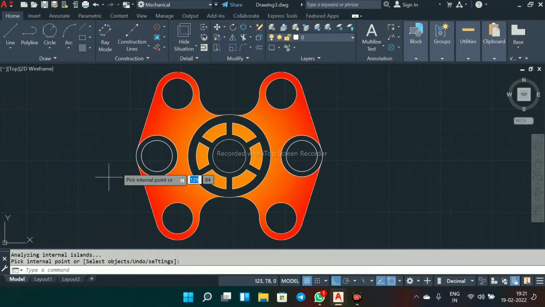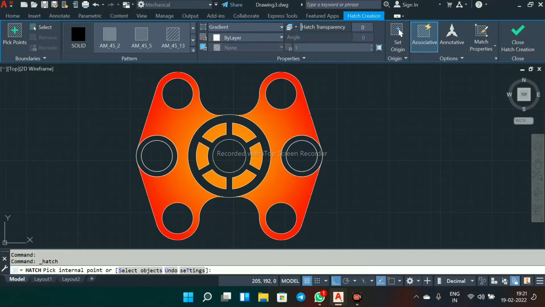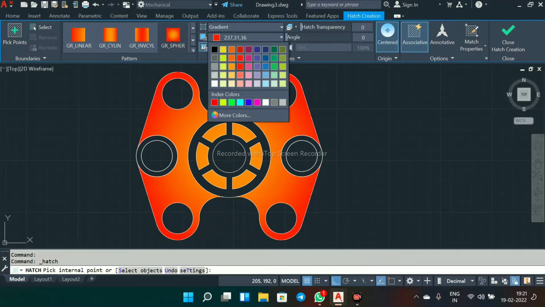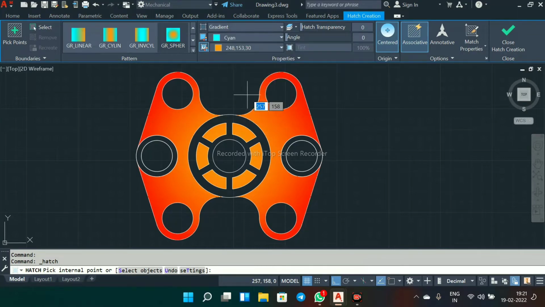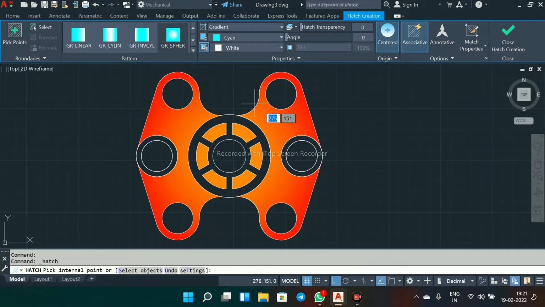Now again I will select some gradient colors. Go to hatch, go to gradient, select this cyan and select this white color. Now choose this sphere.